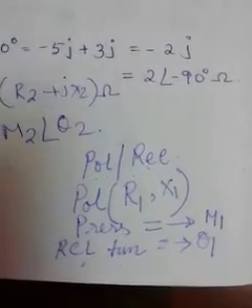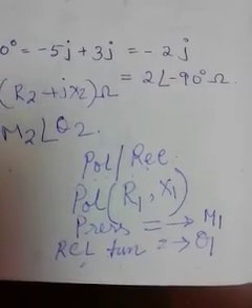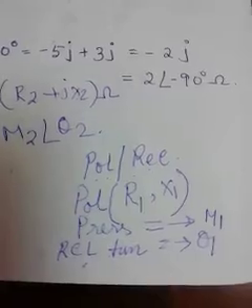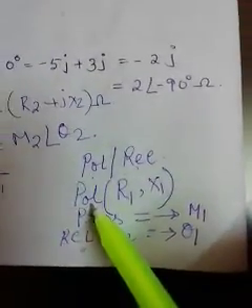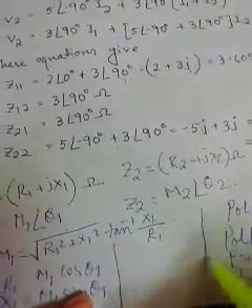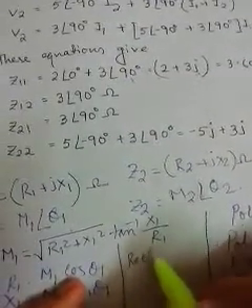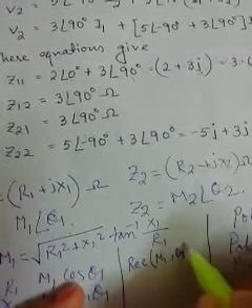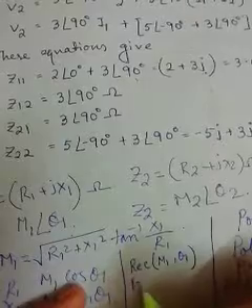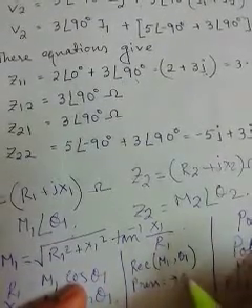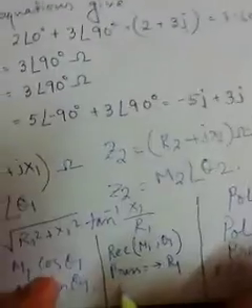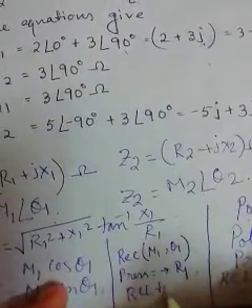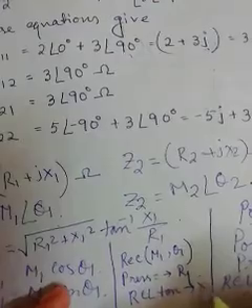Same for polar to rectangular. If we want to convert a quantity from polar to rectangular, we have to use the rect function in place of the pole function. Again the first bracket will be opened, then we give the value of m1 comma theta 1, close the bracket, and press equal. It will return the value of r1, and again we press RCL 10, which will return the value of x1.